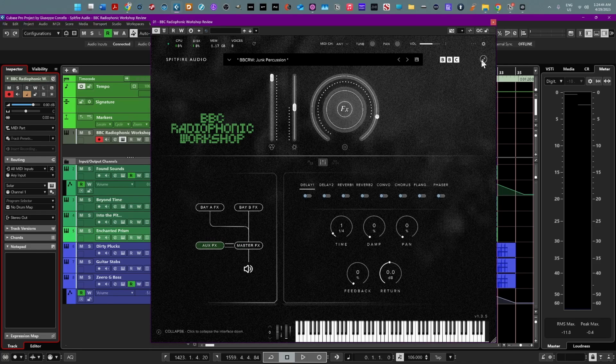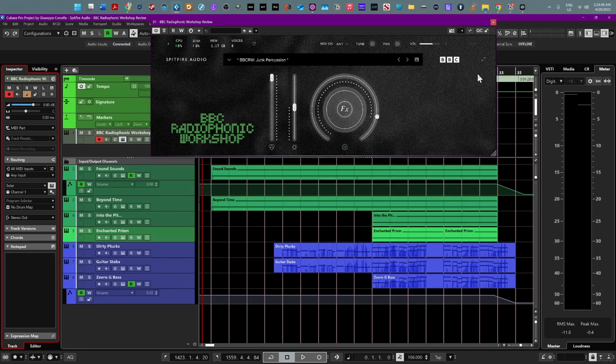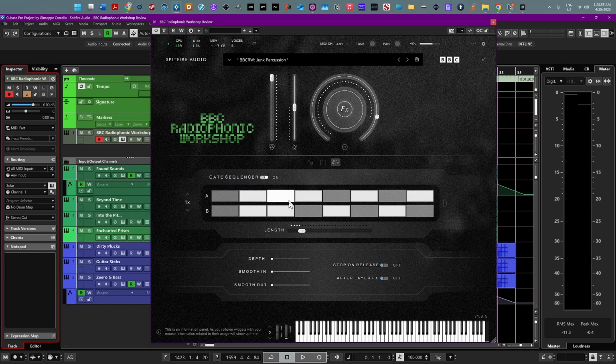If you click on this button you basically hide the lower zone of the interface, and this can be quite useful if you're working, for example, on a laptop, so you don't have a big screen. In the last page, you have a gate sequencer.